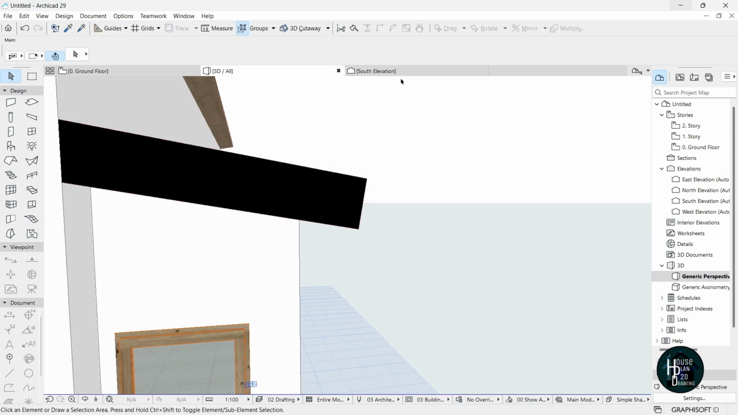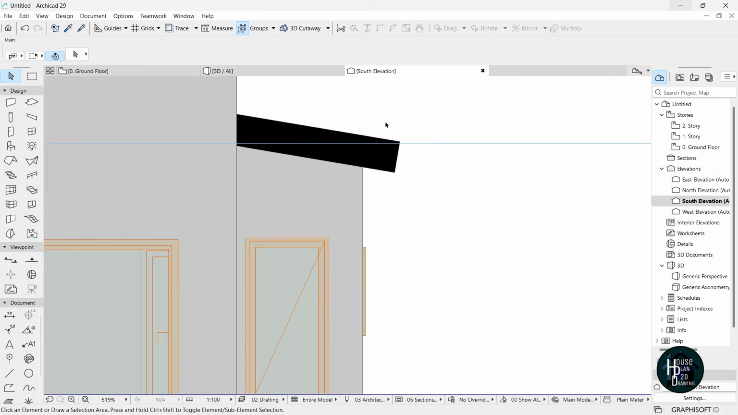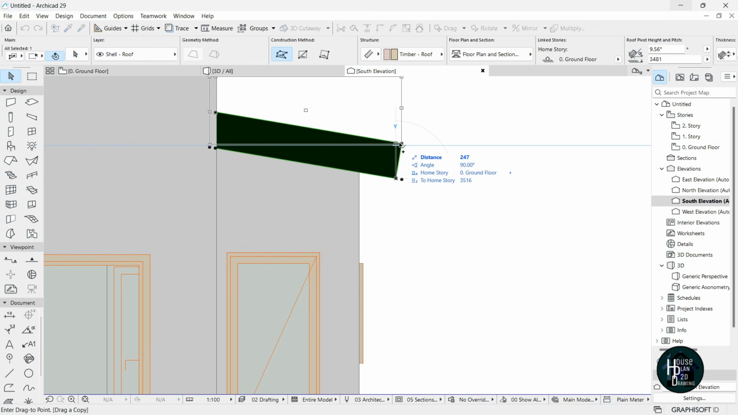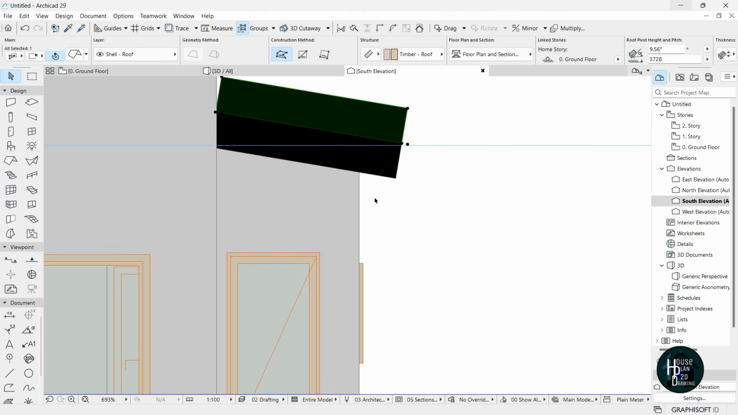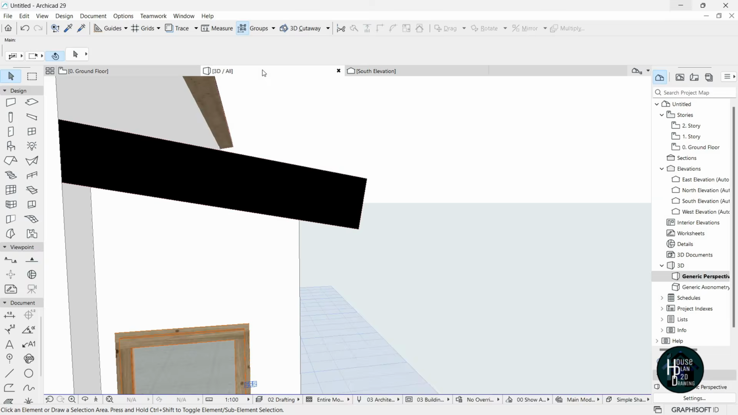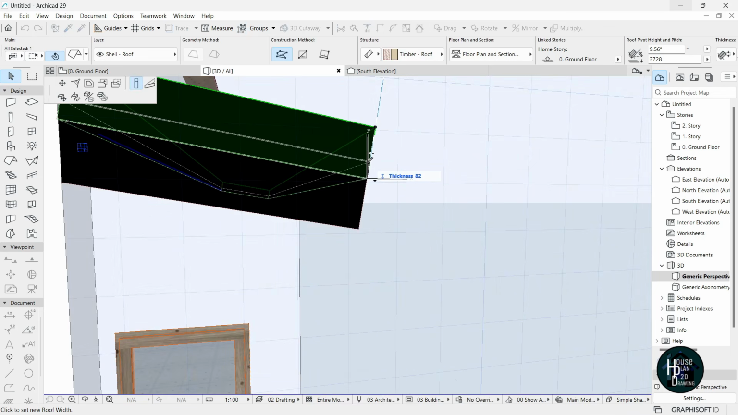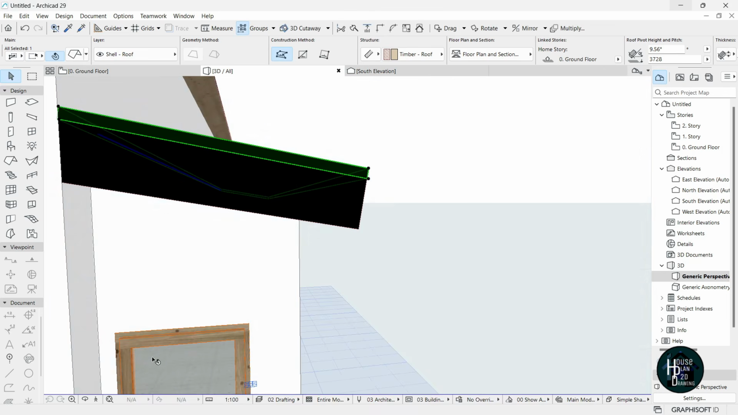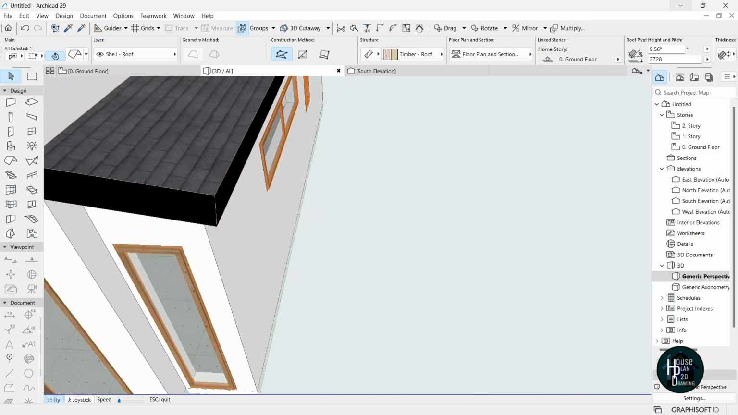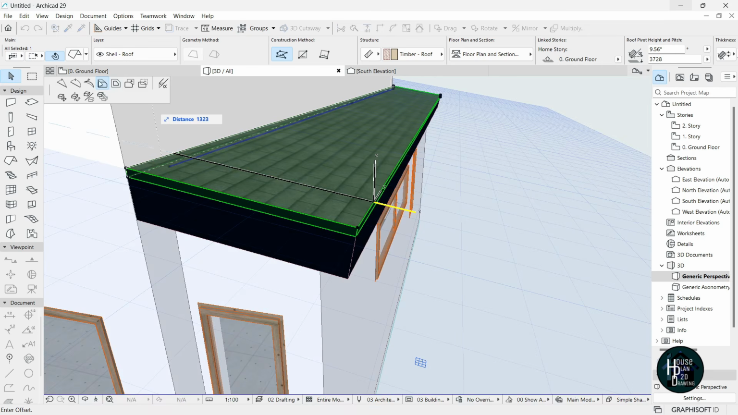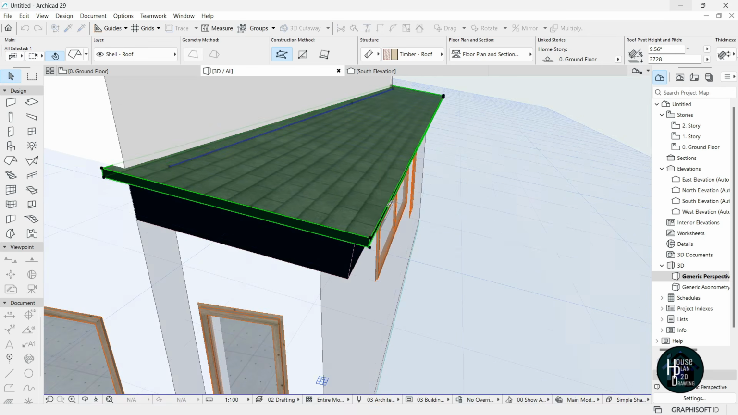So go to the south elevation, zoom in properly here, click this, press Ctrl Shift D, click this node here, and then click this, press escape, go to your 3D model, select this, click the node here, reduce this by 50, click enter. Then click this edge, click on the offset edges and offset the edges by 80, click enter. Okay,